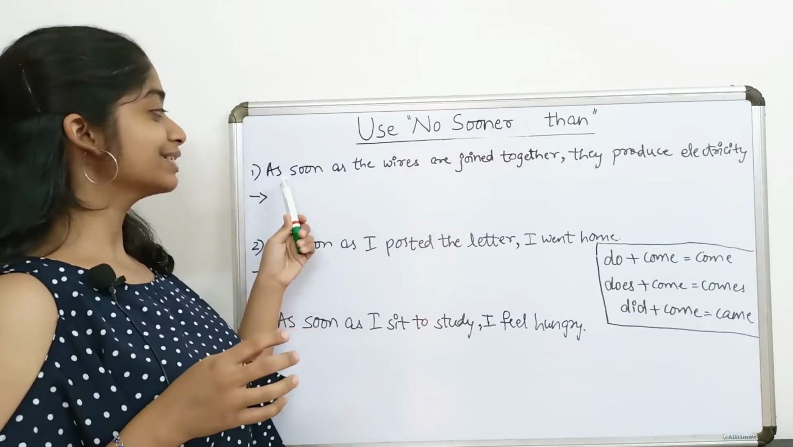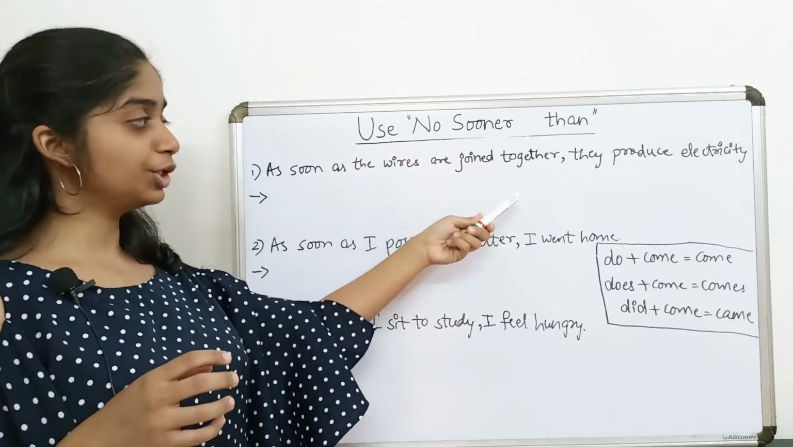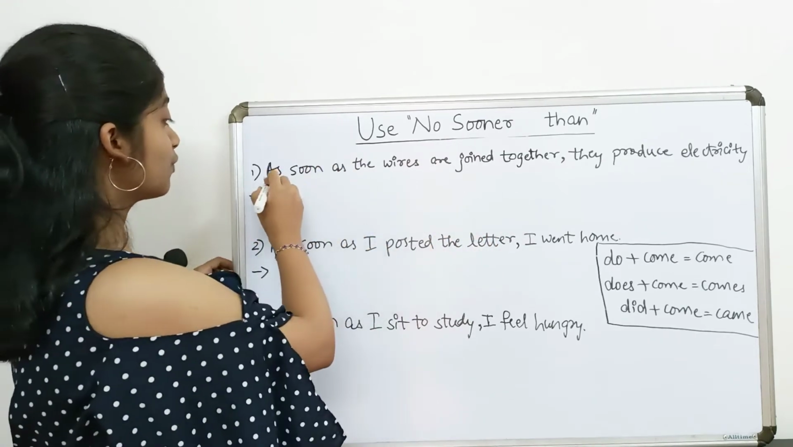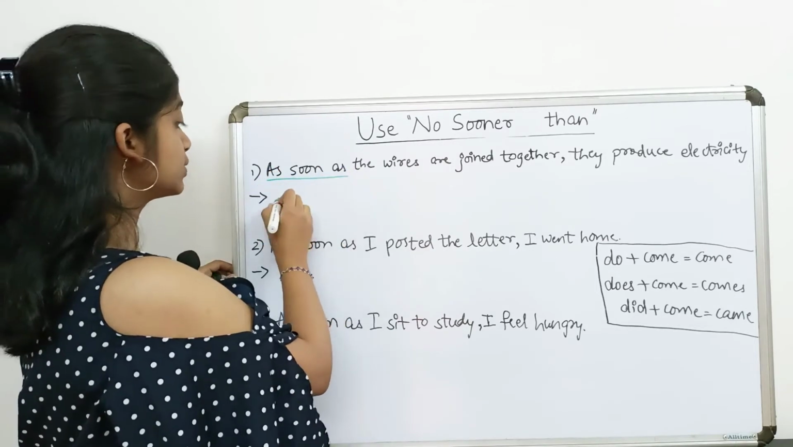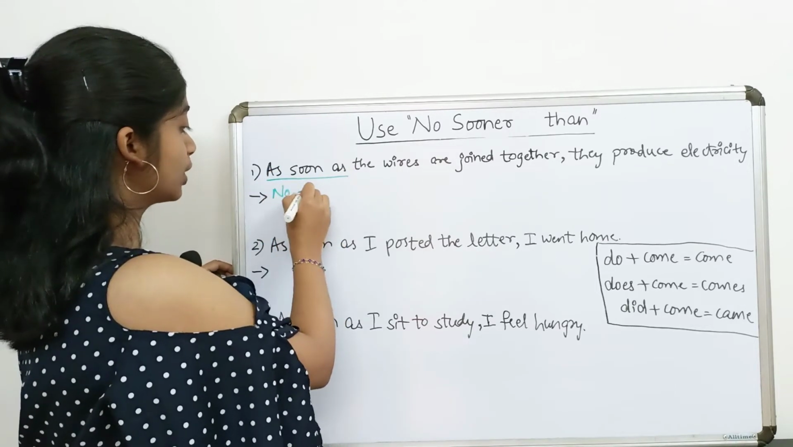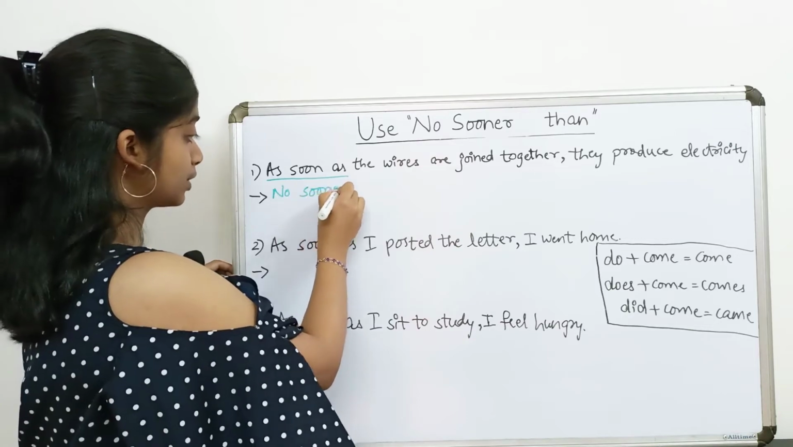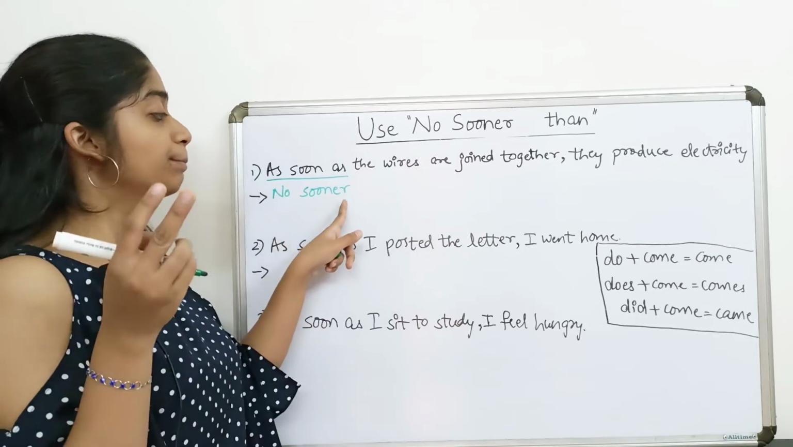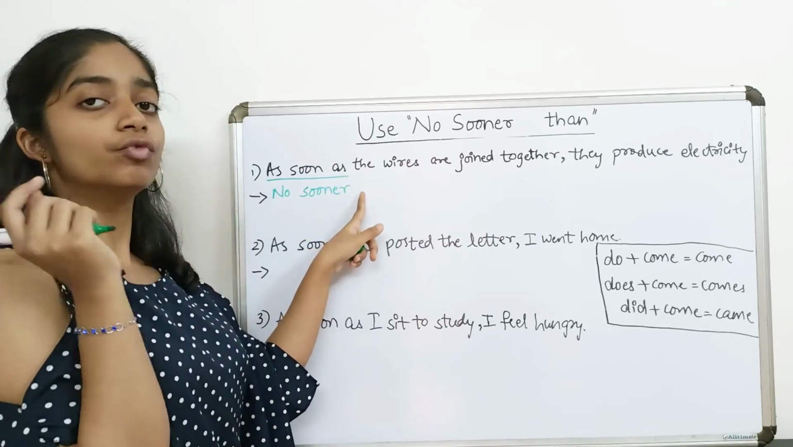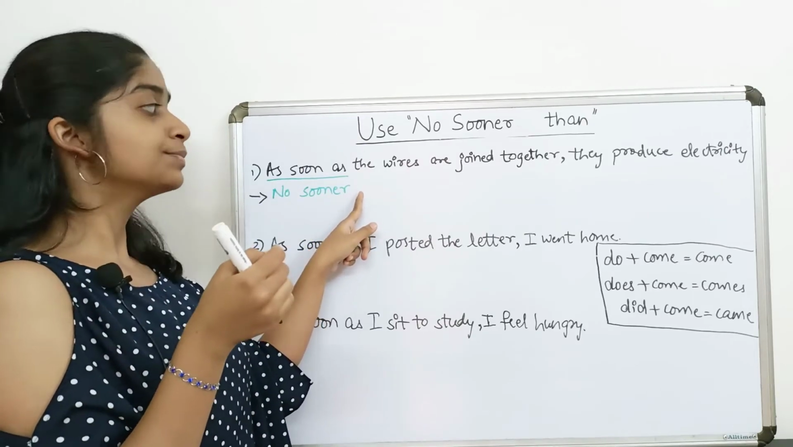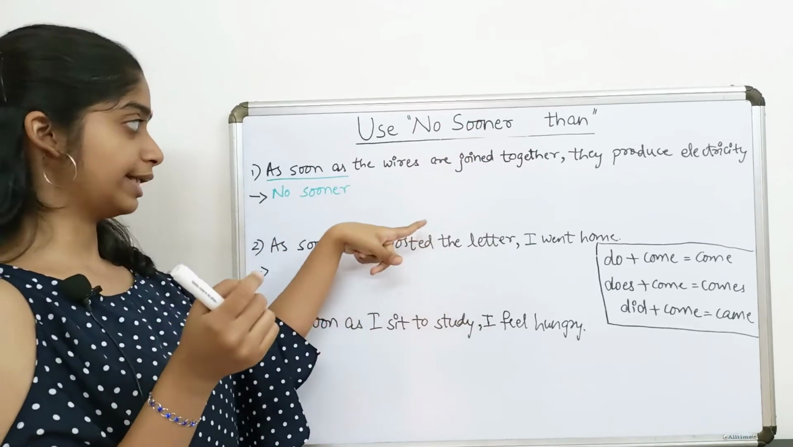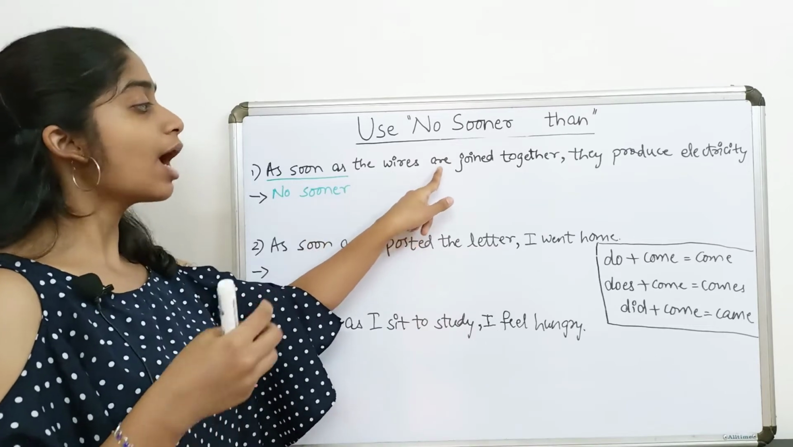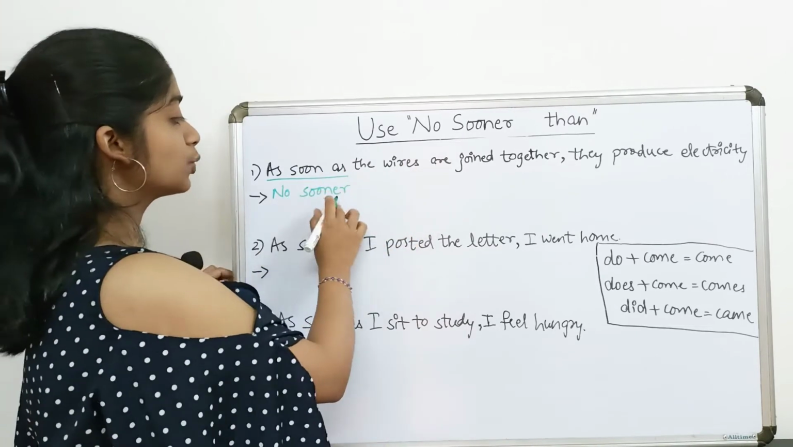The first one is, as soon as the wires are joined together, they produce electricity. So, what we are going to do is, as soon as will be replaced by no sooner. I told you, after the word no sooner, we have to immediately write any verb from the sentence. Okay, from the first half of the sentence and not the later half. So here the given verb is are. So no sooner are,